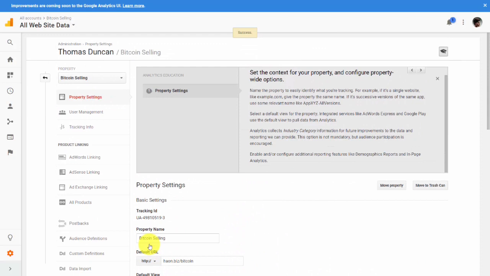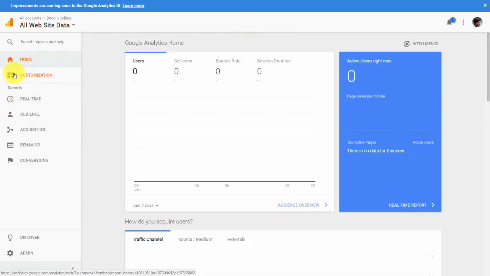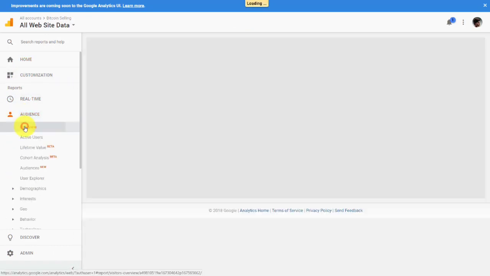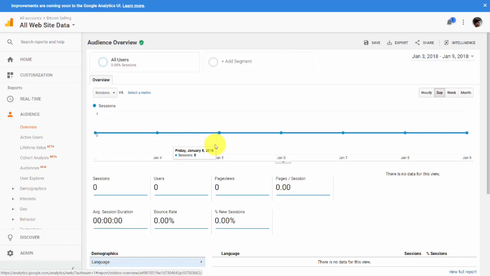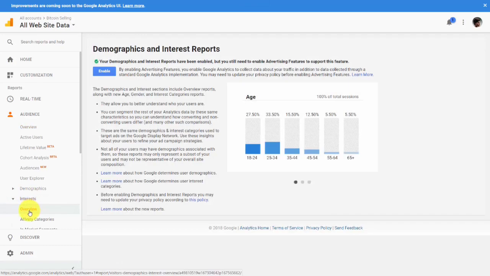That means then that when you start to collect information, you go back to the home screen and you are looking at your audience menu. In particular, you are looking at the overview. You're going to have certain information that you will be taking, and then if you were to go into the interest area and you were to click the overview, what you would see is that